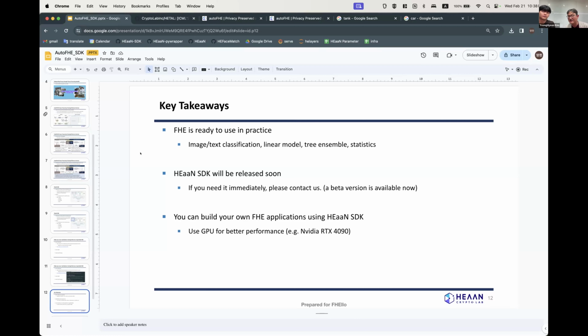And as Yang said, when you do the analysis and testing, we strongly recommend you use our GPU acceleration because it shows a very large performance improvement. The NVIDIA RTX 4090 is just $3,000. It is relatively cheap, but it gives you at least 30 times faster performance than the CPU version. So we recommend you use it.